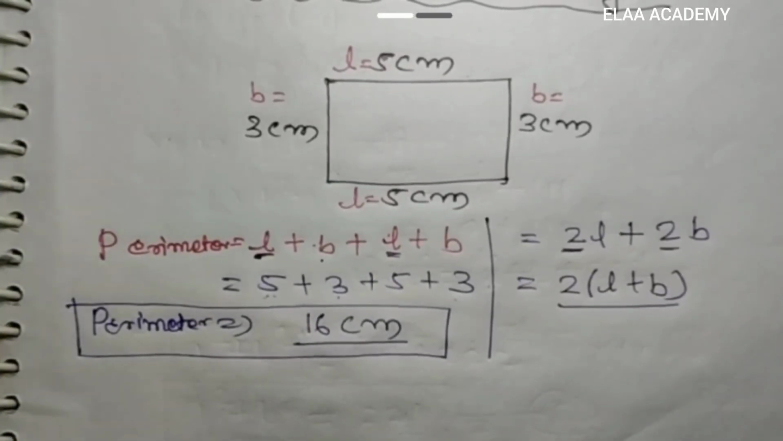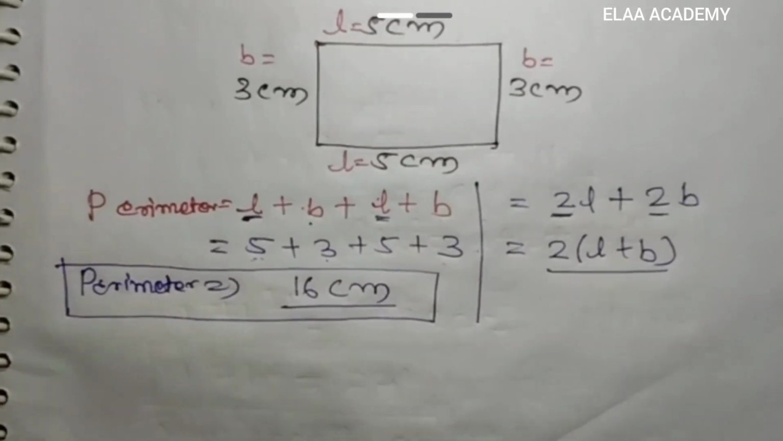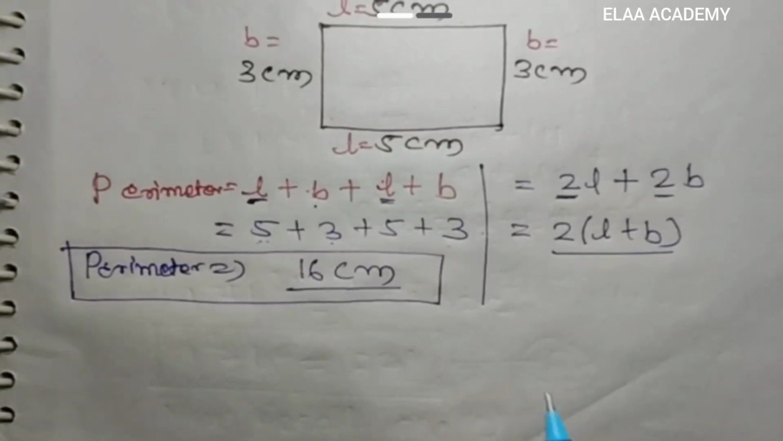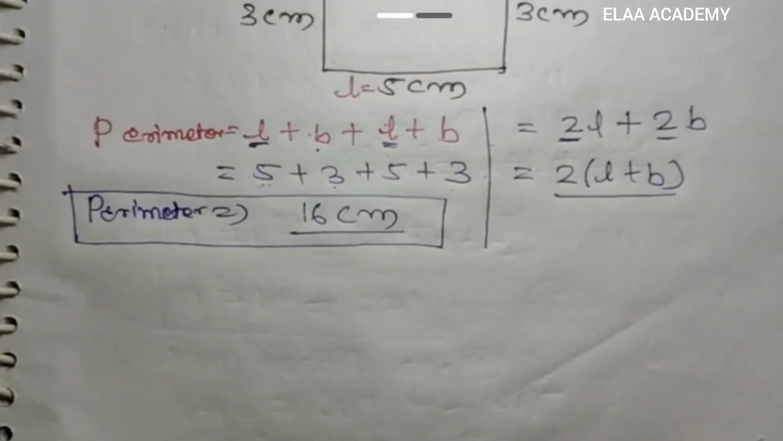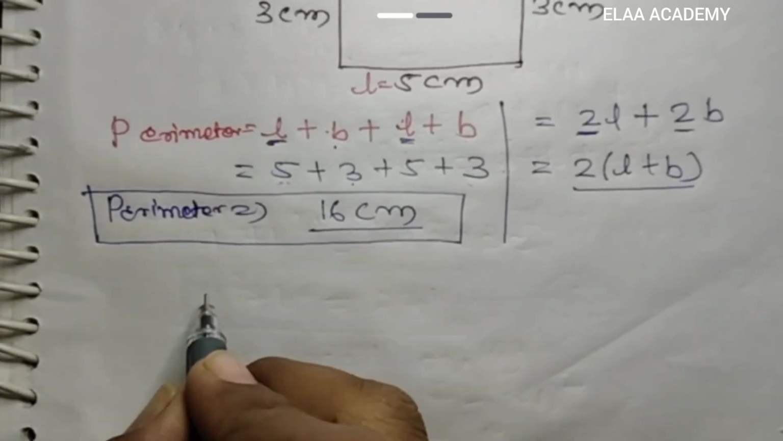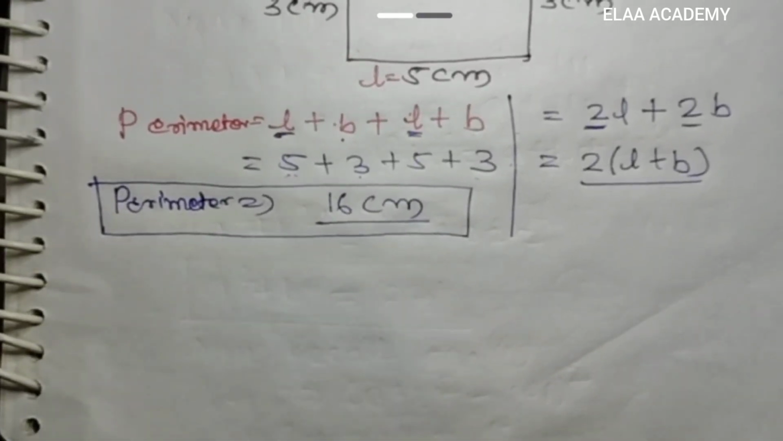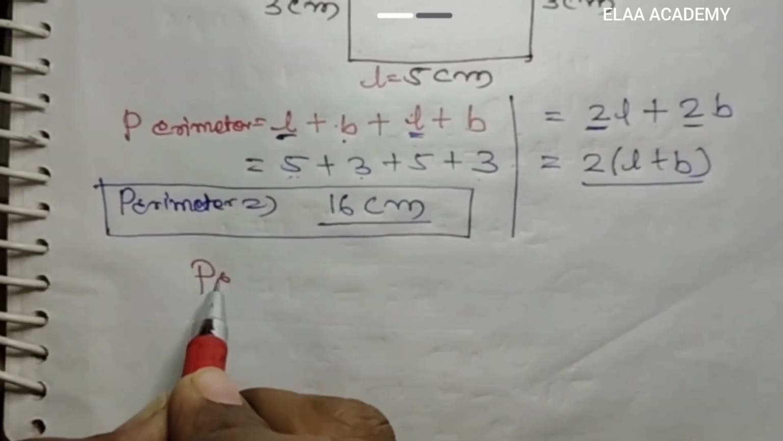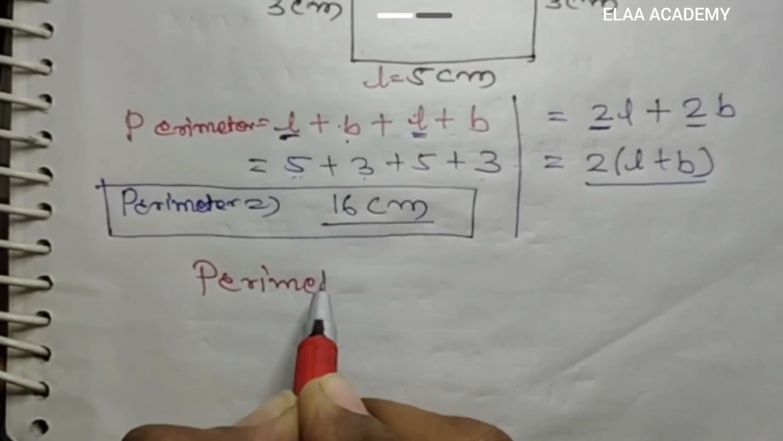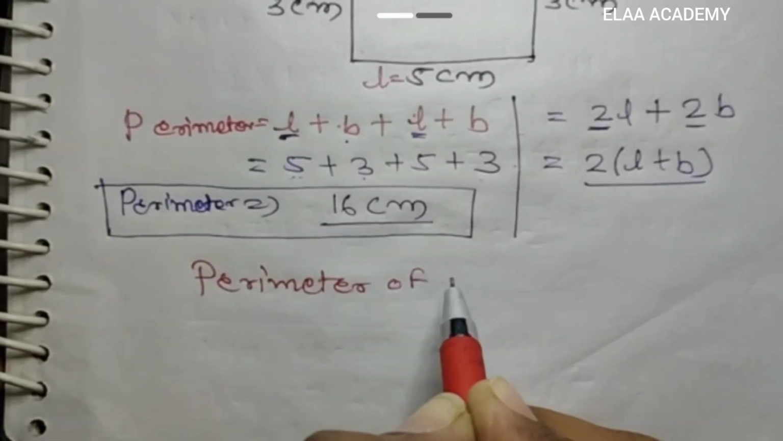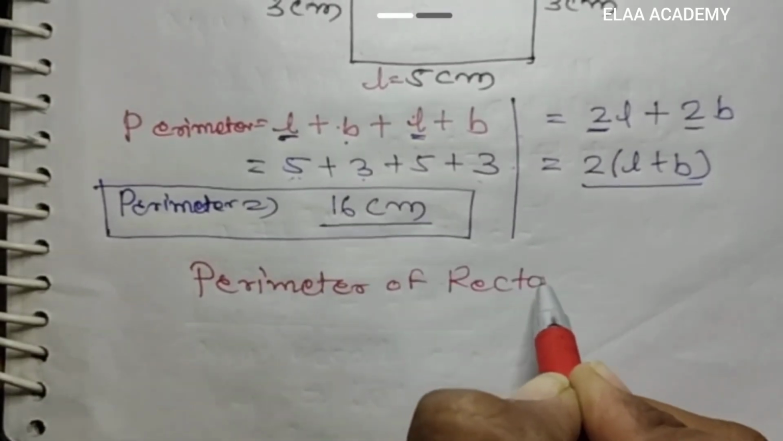2(L plus B), 2 bracket L plus B. Yes, I can write it like this. So the formula of the perimeter of a rectangle can be given as